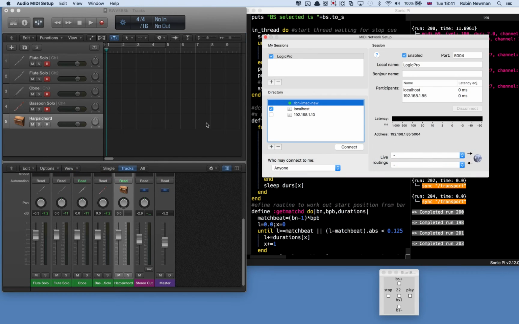audio MIDI setup. And here I've set up a session, and I've got it listening to localhost, which is this address, 192.168.185. I haven't set up any routing outside onto the network because this is all on the local machine. But we could have been playing Logic Pro on another machine, and in this case I simply can send the